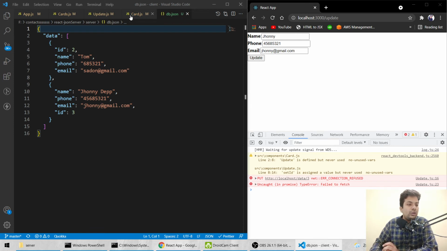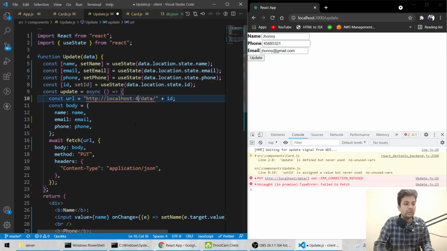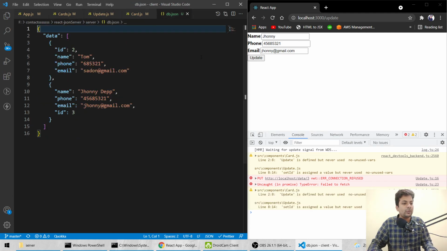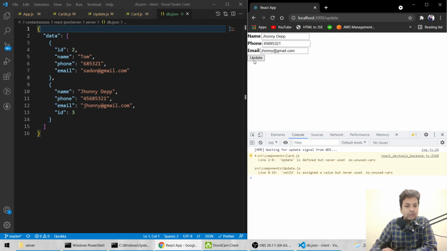Okay, I haven't written the port number, so update on port 4000. So if we go to db.json, we'll hit update again. Bad request. Why is it telling me a bad request? Let me reload this thing and let me change the name to Johnny. Update, localhost port 4000 slash data, 400.